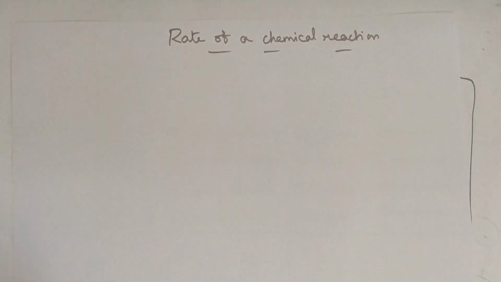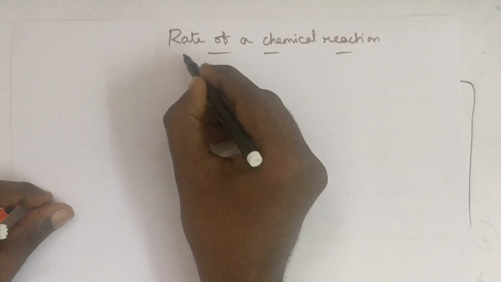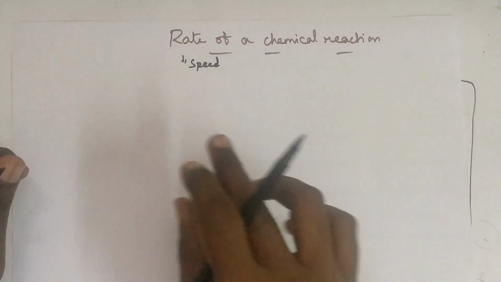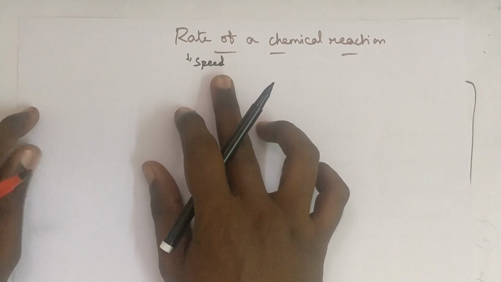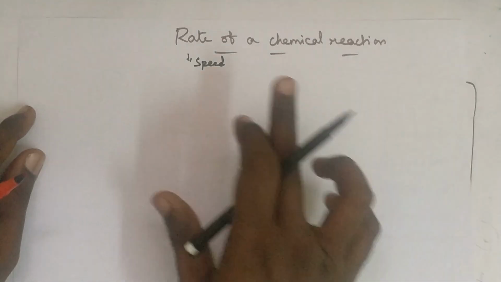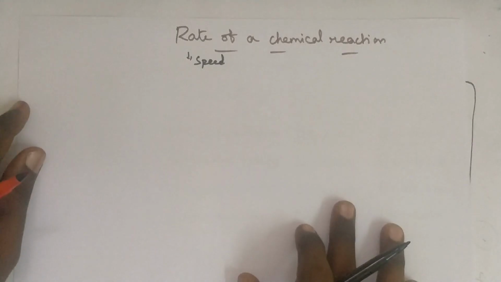First topic is rate of a chemical reaction. So in physics, rate means speed. In physics, we measure speed by displacement by time taken or distance by time taken. In case of chemistry, rate of reaction is measured by,